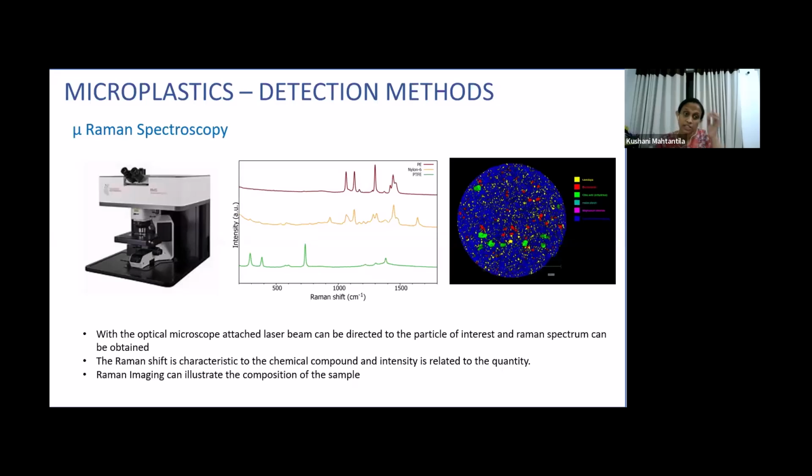And in the newer versions, it comes with the microscope. So we can look at our filter paper or the sample through the microscope and project the laser beam to the area of interest or the particle of interest, and we can identify that particle. Or otherwise, we can,